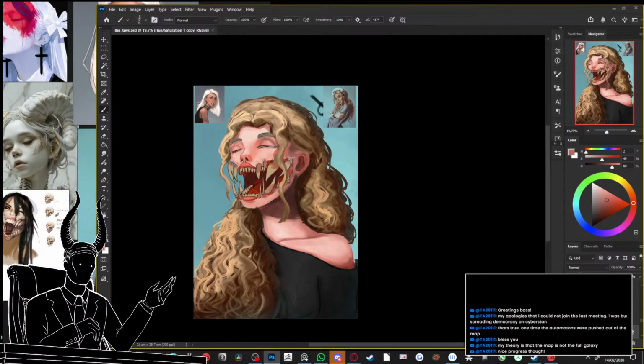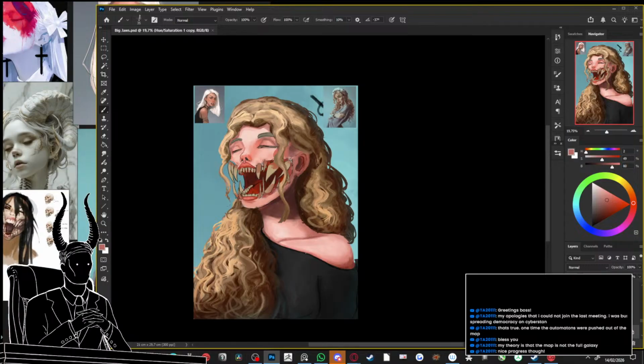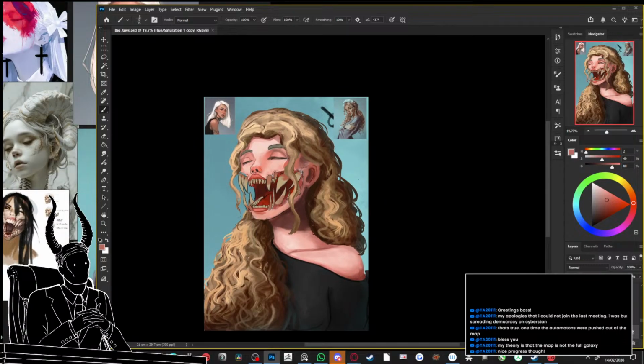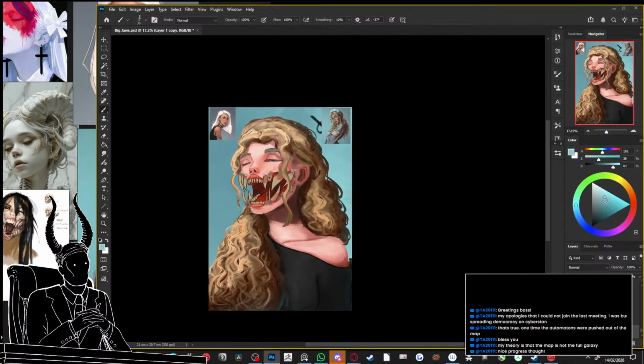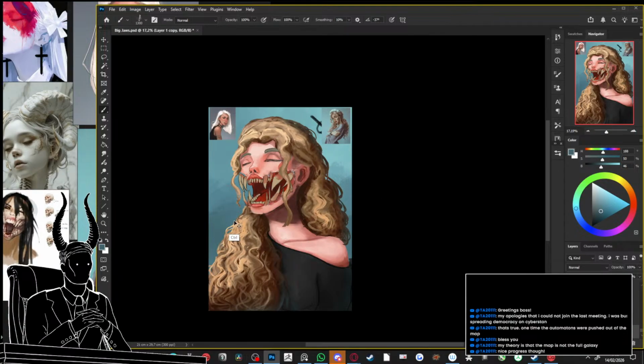Okay. Yeah, I think it's slowly coming together. I think we still need to do maybe something about this background. Let me see if I can maybe lower it a little bit over here. Again, doesn't have to be anything crazy, but